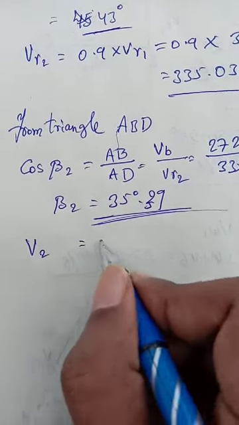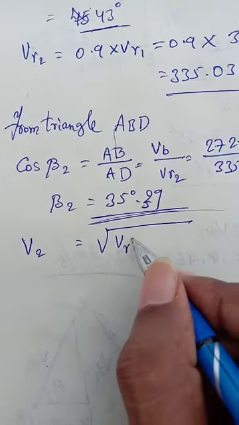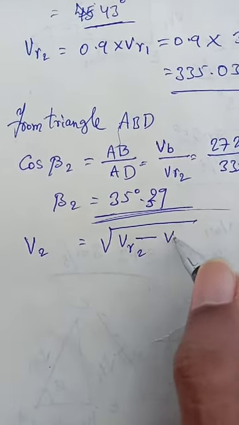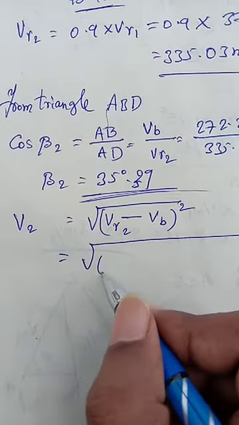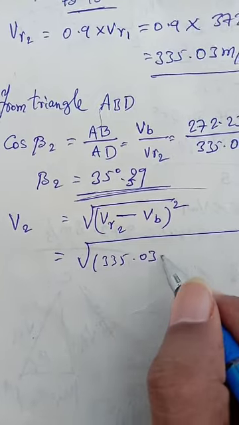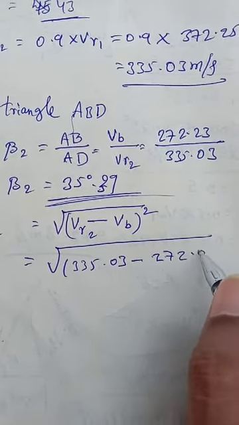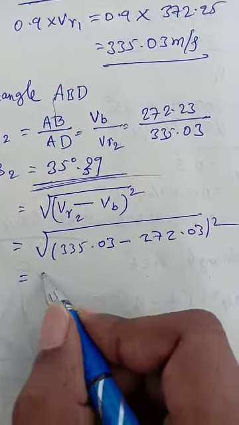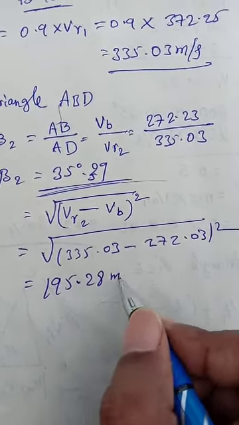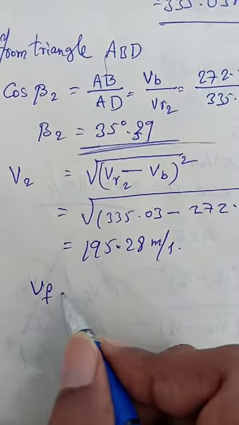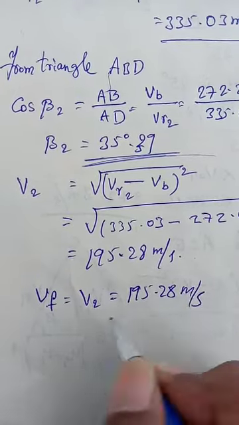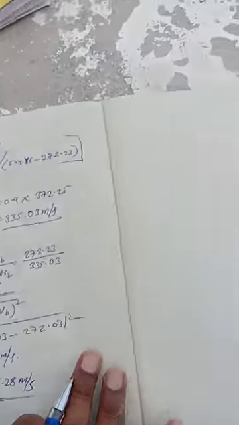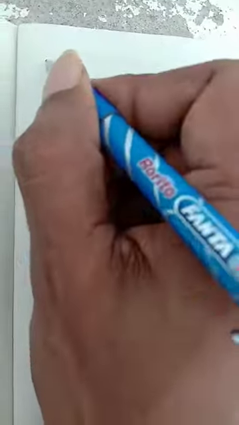Now V2 is equal to whole root of VR2 minus VB whole square, and then you can substitute the values in here. And calculate this, 195.28 meter per seconds. Now Vf is equal to V2, then 195.28 meter per seconds. Okay, so we find all values in here. Now we are going to apply formulas. First one,